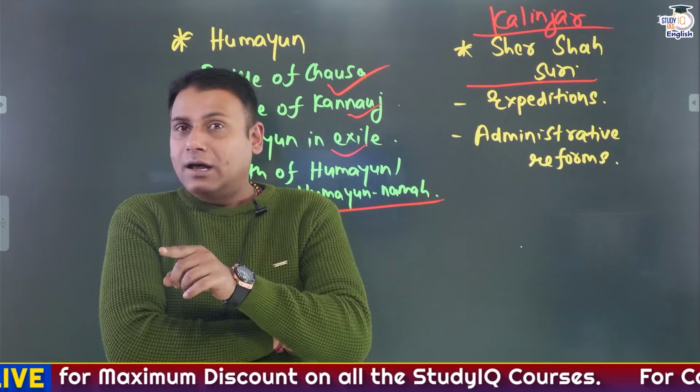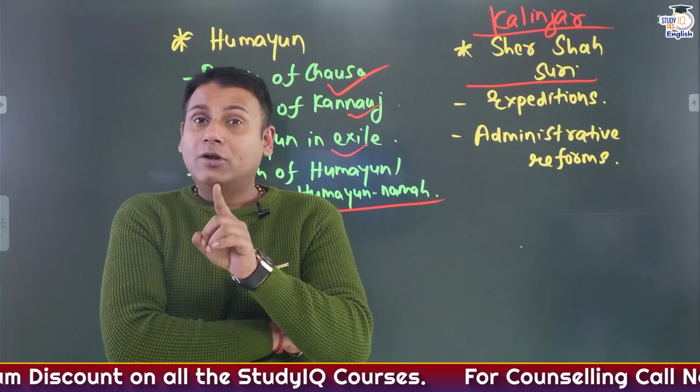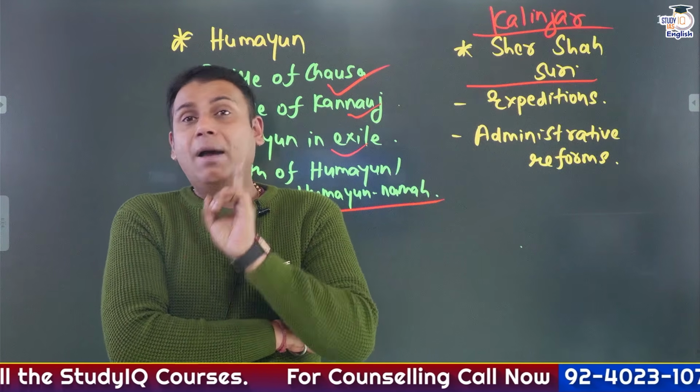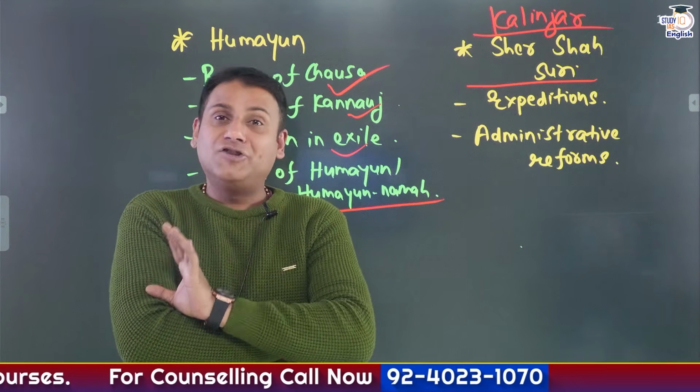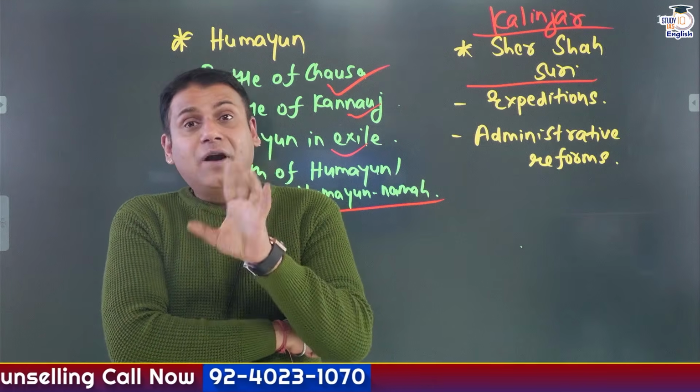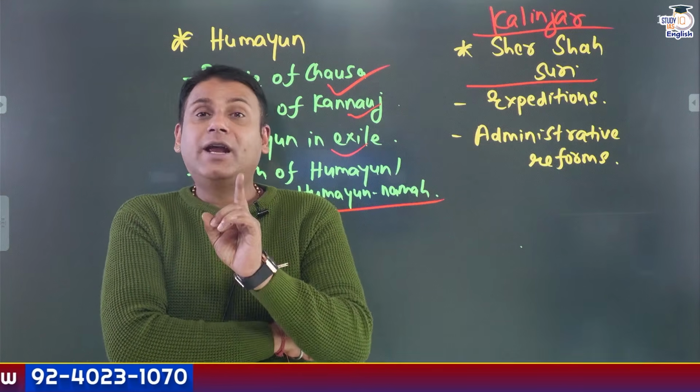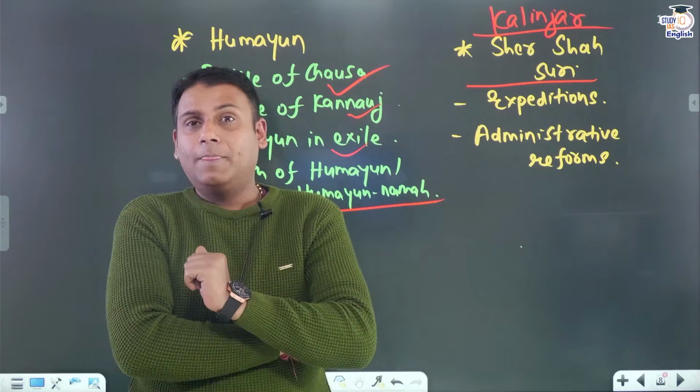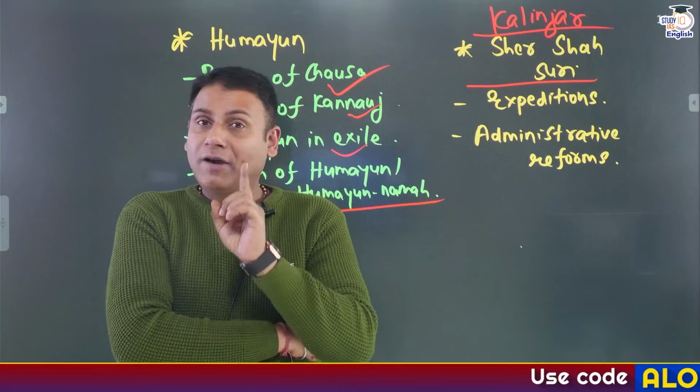And this year's Republic Day parade tableau, specifically the Madhya Pradesh tableau, depicted the fort of Kalinjar. In the fort of Kalinjar, it also depicted the temple dedicated to Lord Mahadev. So go through the fort of Kalinjar.